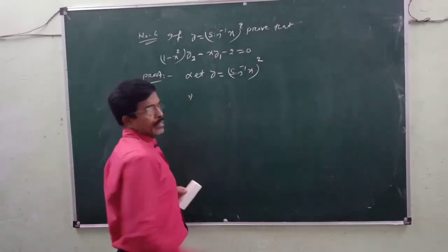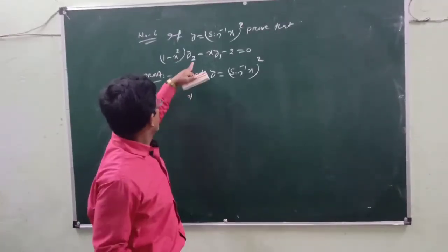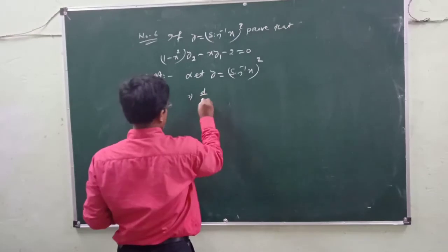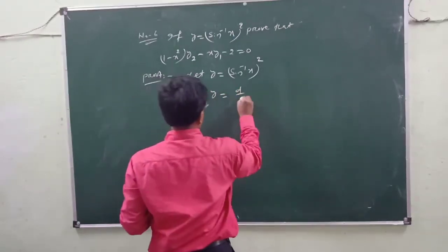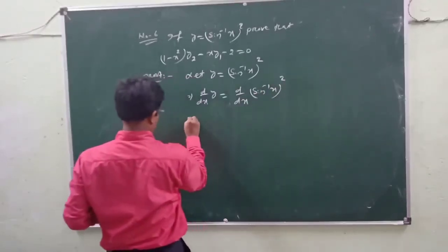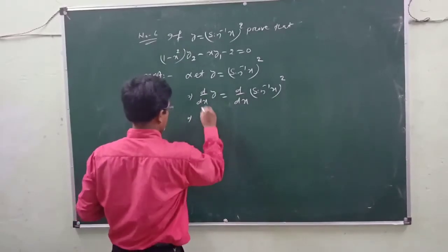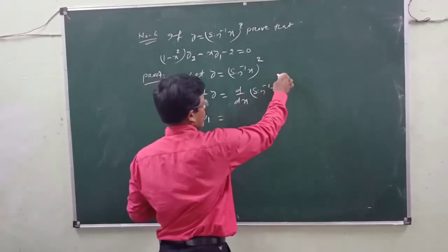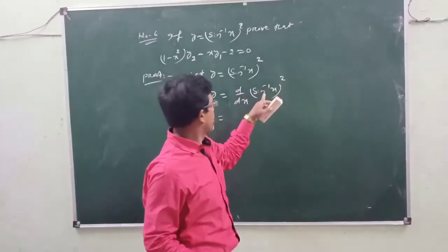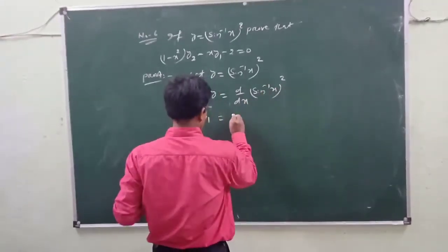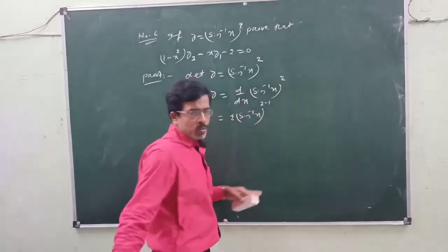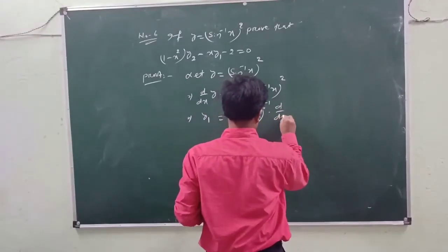Now taking derivative with respect to x, because you remember here y2 means you must take derivative 2 times of this expression. First time you take d by dx of y, so it will be d by dx of sin inverse x whole square, denoted by y1, the derivative of y with respect to x. Then it is the formula of f of x to the power n, where the power is constant. Here f of x is sin inverse x, so it will be n f of x to the n minus 1 into d by dx of f of x.